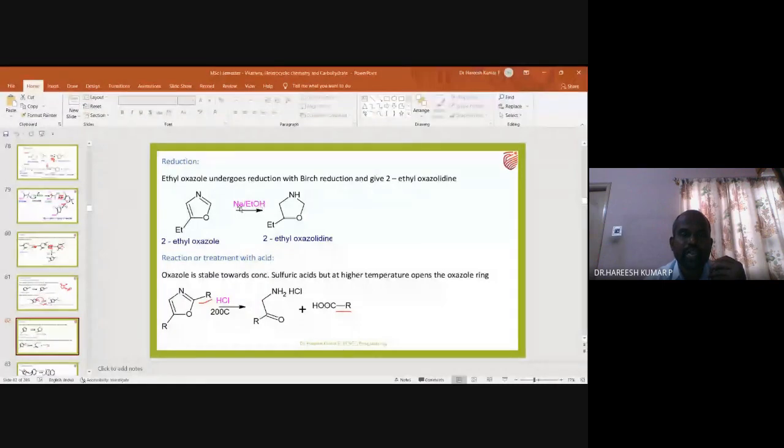So sodium gives electron, and once the 2 electron is obtained on a particular position, that will capture a proton from the ethanol, and a double bond is converted into single bond. Of course, this double bond is also converted into single bond. So this is called reduction. Of course, if you want to write the mechanism, you can write the mechanism. The mechanism is